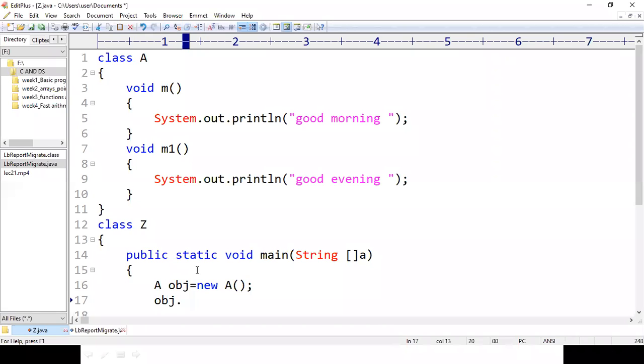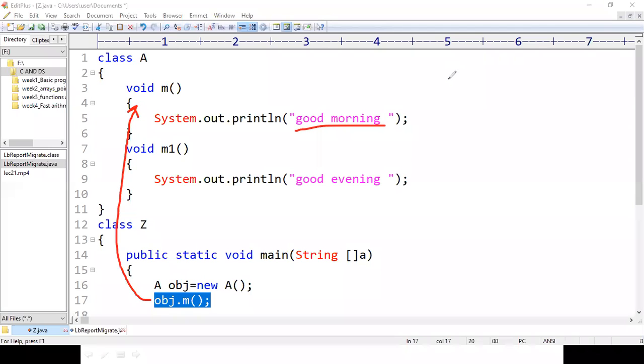If I want to access the method m, I can give obj.m, or if I want to access m1, I can simply give obj.m1. This statement will execute the method m and print good morning on the output screen.